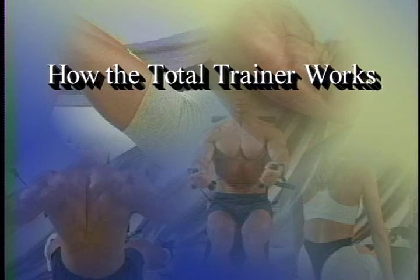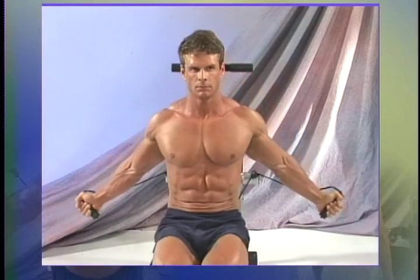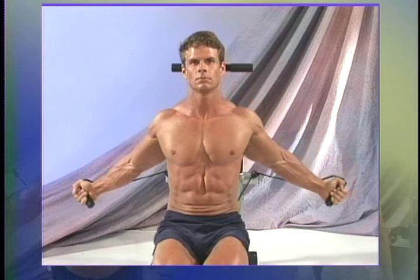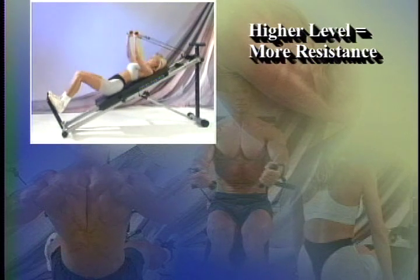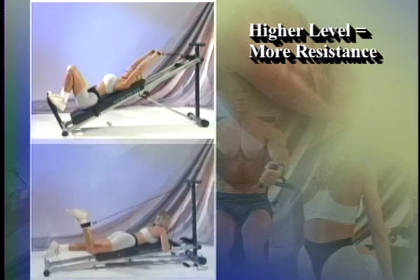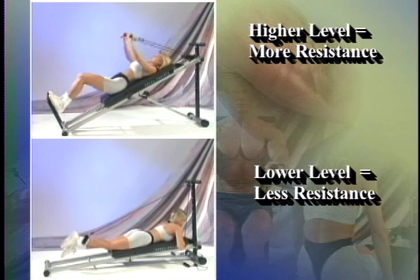The principle behind the Total Trainer is to use your own body weight on a moving board as the resistance. So you are actually exercising directly against your own body weight. The desired percentage that you are exercising against is determined by varying the angle of the glide board and the incline rail. Selecting various heights on the resistance rail for the different exercises represents a varying percentage of your own